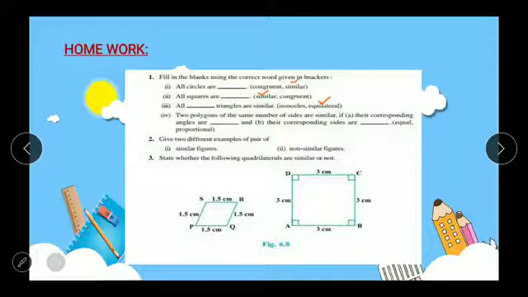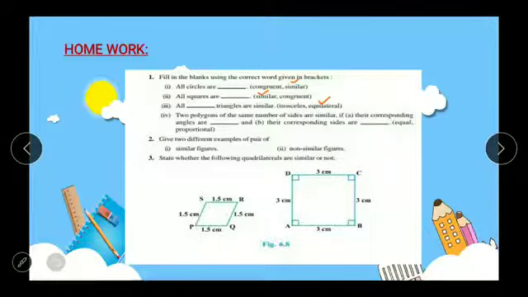Now students, we have some fill-ups. All the circles are dash, congruent or similar. They will be similar. Why? Because their radius may be different. The shape of all circles will be the same, but the radius is different, it means they are similar. All squares are also similar, because in squares also the shape of all is the same. All angles are of 90 degrees but the sides may change, so they are similar.